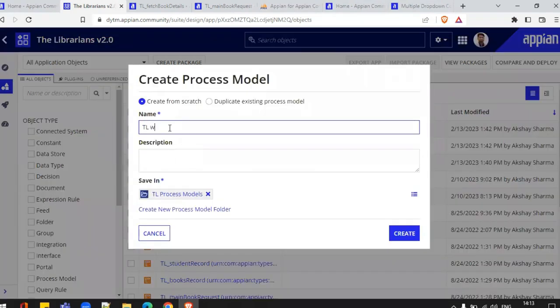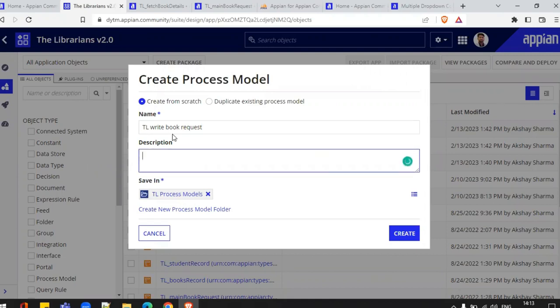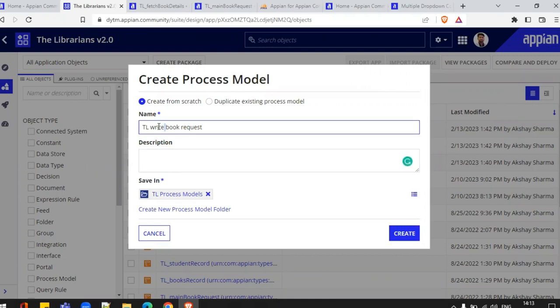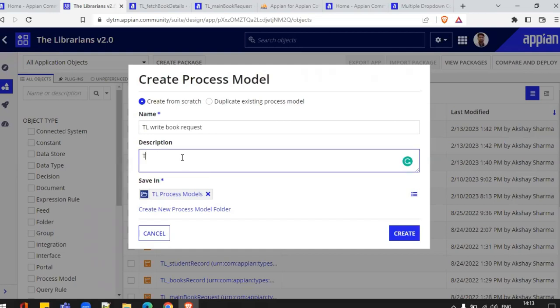And write book request, right? Or I can also write book request main process model. Or let's only create this write functionality, and then we can add main if we want another process model later on. So right now let's only create write book request, and I'll give the description